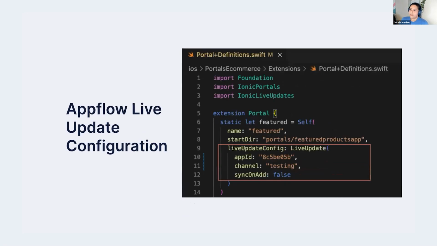We also have to configure Appflow live updates. And this is pretty straightforward. Back in our portal configuration, we are passing through our live update config. We're passing through an app ID, and this app ID corresponds to our micro front-end application that we've set up in Appflow. We're also passing through a channel. So I have this channel set to testing because this is code that is running on my local machine. I'm running this application in a simulator, and I only want to receive updates that have been deployed to a